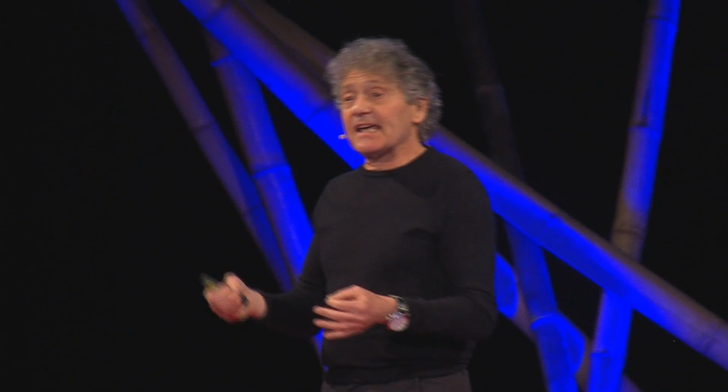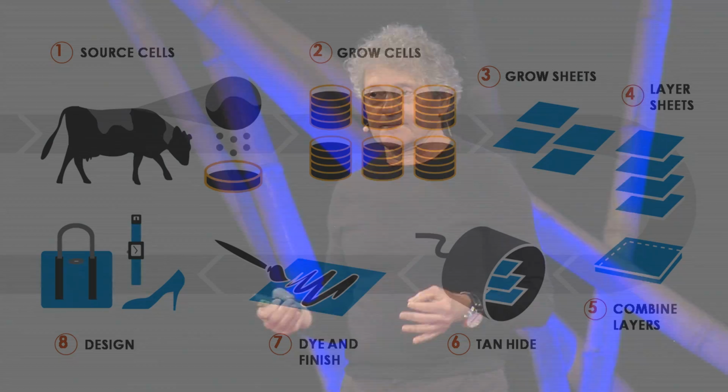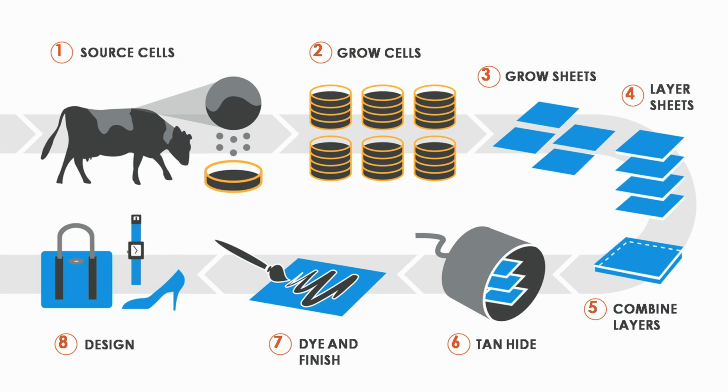And while those specialized cells are growing, they secrete, among others, a protein, collagen, the most abundant in our body, which is the major component of skin, and at the end of the day is the most significant component of leather. And so once we have enough collagen, we harvest the collagen, we form the collagen into